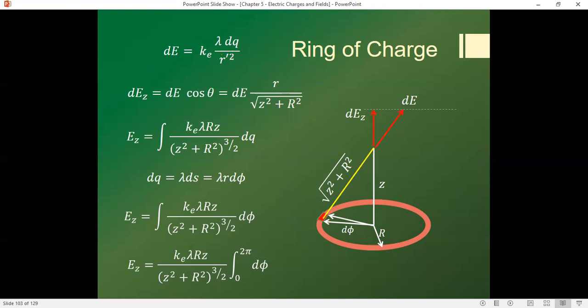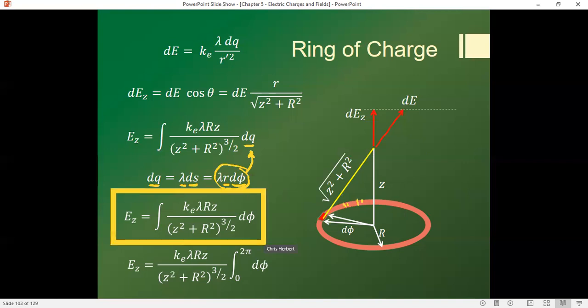All right, got to make another substitution here, because how do I integrate over all these little infinitesimal dq's? Well, dq is lambda times ds. ds is a little segment of this ring, and each segment ds is R d phi, where phi goes from 0 to 2 pi. So now I'm going to plug this in for where dq is, and I get this expression right here, okay? Again, I'm only going to consider the